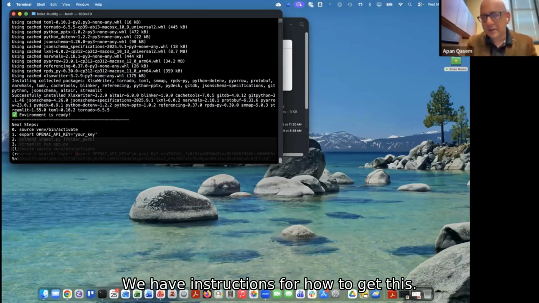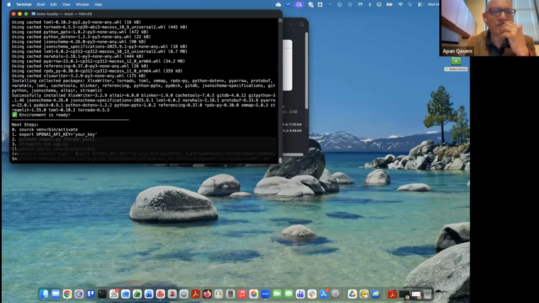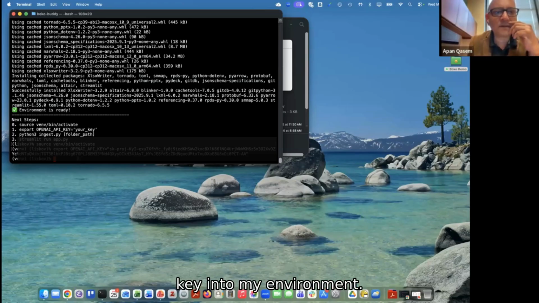We have instructions for how to get this. I guess most of us already have an OpenAI API key, but if not, you can get it there. And using this command, I'm putting the API key into my environment.